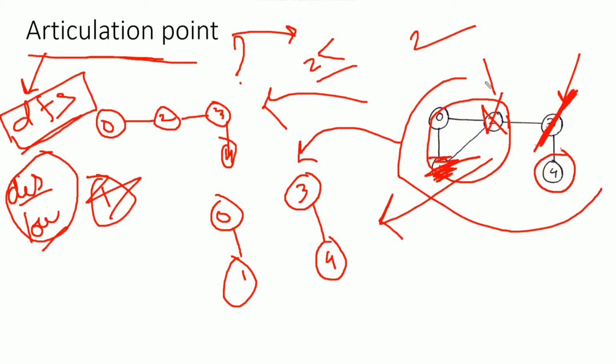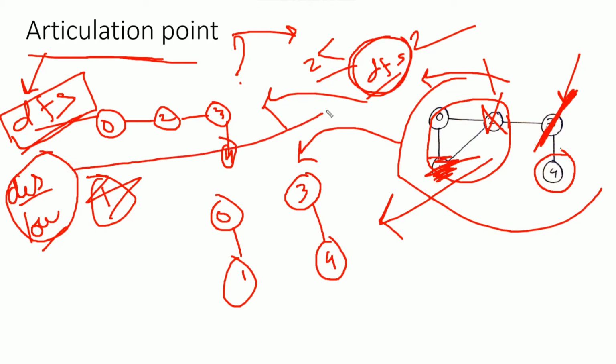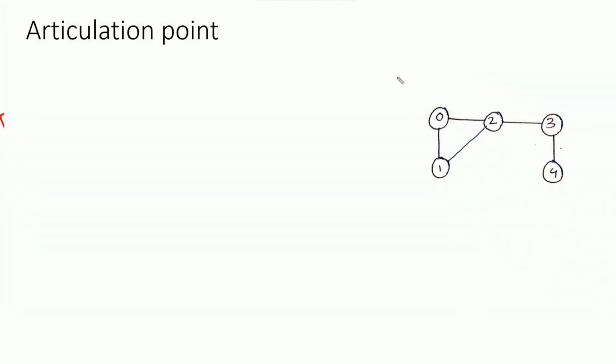First, we need to convert this graph into a DFS tree. Using the DFS algorithm I'll convert this graph into a DFS tree, and with the help of the DFS tree we can assign the timings to each vertex and use the concept of discovery and low time. So let's draw a DFS tree first. I'll erase this. Suppose I start traversing this graph from vertex 2.